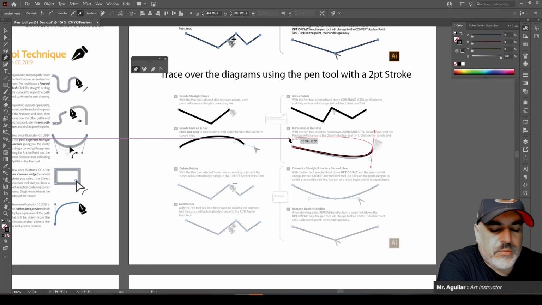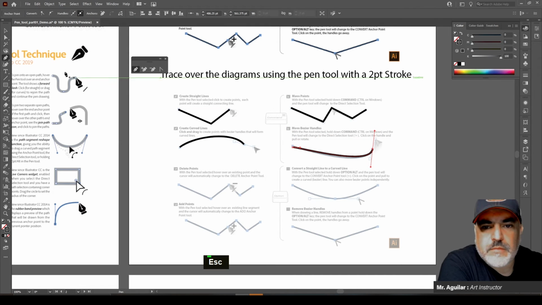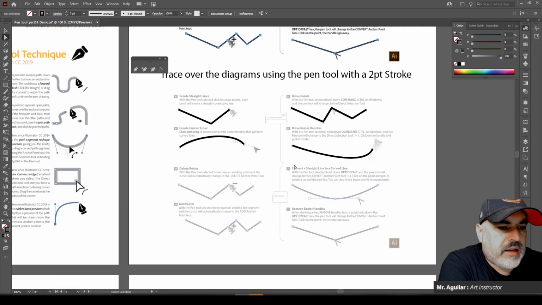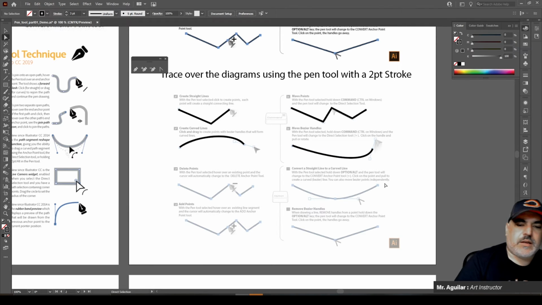So I want to move that point, escape, go to my white arrow, which is A. You might find that the Illustrator document is clicking to a grid that you can't see, and it might not let you go directly on it, but you can move stuff around. So if you don't know what I'm talking about,